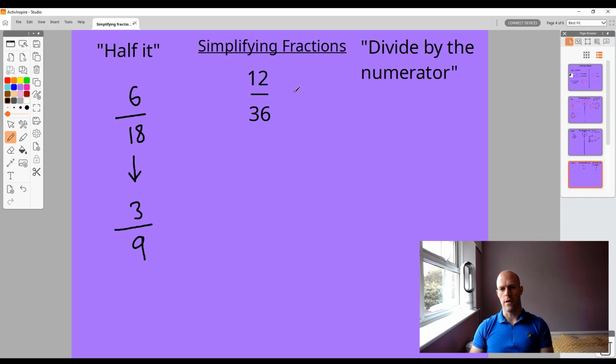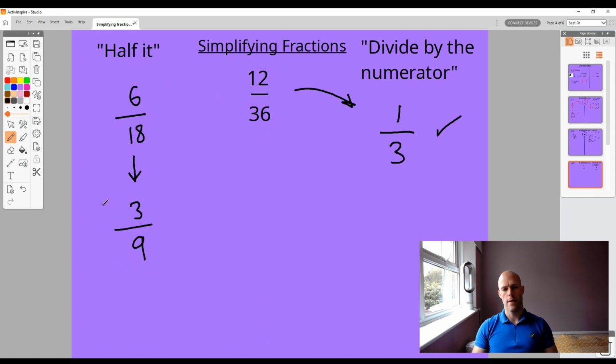We'll try here. Divide by the numerator. Divide both by 12. 12 divided by 12 is 1. And then 36 divided by 12 is 3. So you'll notice you skip right to the final answer of the unit fraction. If we do our halve it method, or half it method, we get only so far. We can get down to 3/9, and you might be forgiven for thinking, oh, I can't simplify any more than